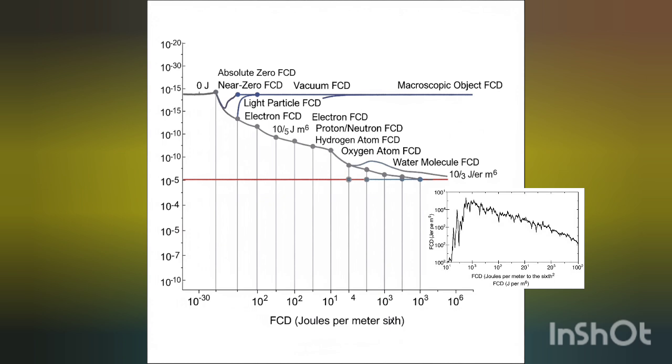Okay, this is where it starts getting really interesting for me. As that FCD number climbs, we begin to see things we recognize, defined particles. Like at 10 to the negative 10th JM6, we get light particle FCD. Photons. The information state is coherent enough now to manifest as that massless, wave-like photon we know. Then another jump to 10 to the negative 5th JM6. That's electron FCD. And here, the LP signature becomes much more localized. You can conceptualize it as that familiar orbital cloud. This localization gives the electron its stable mass and charge, but notice the energy cost to maintain that stability is significantly higher now.